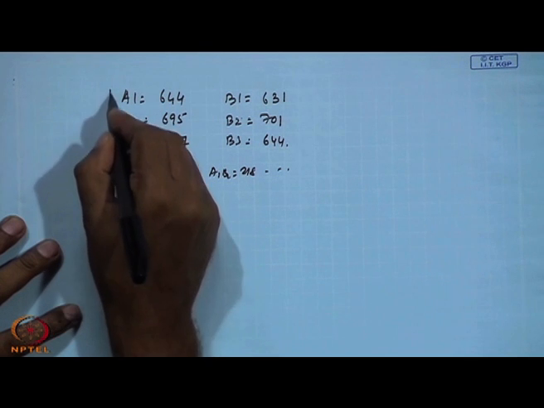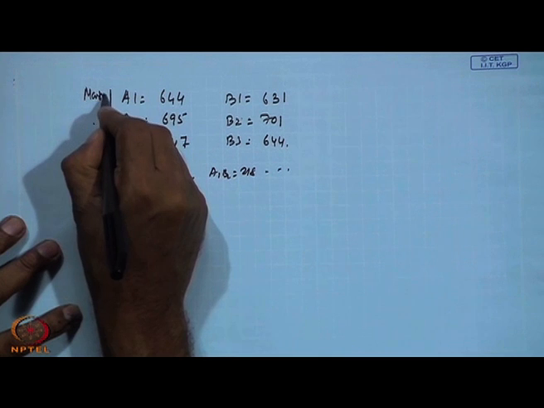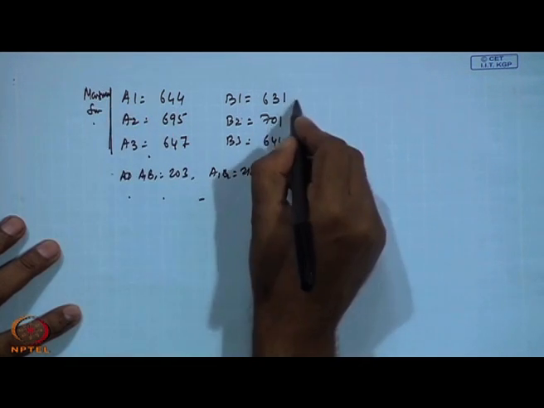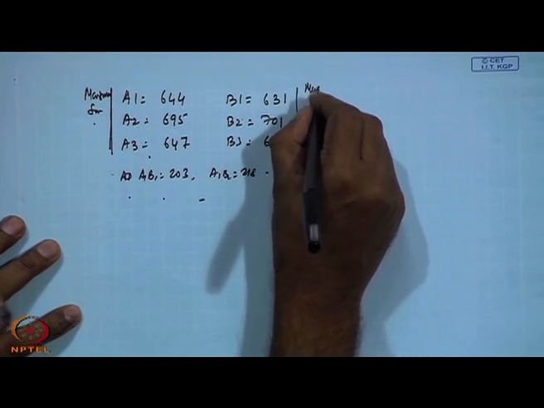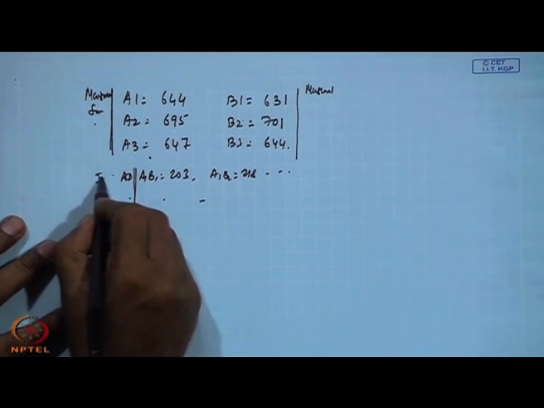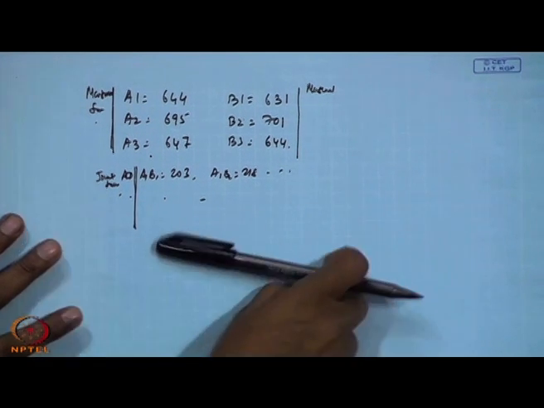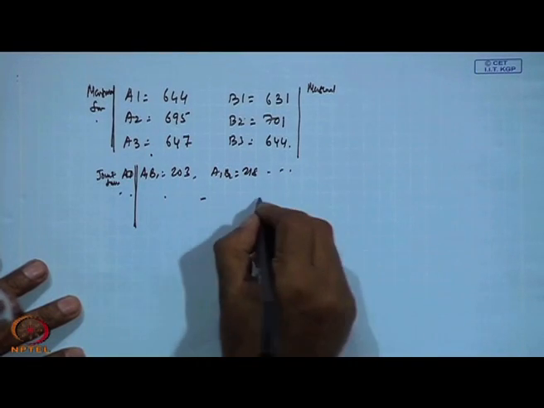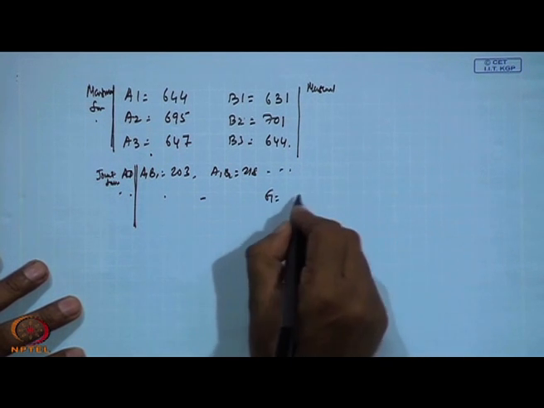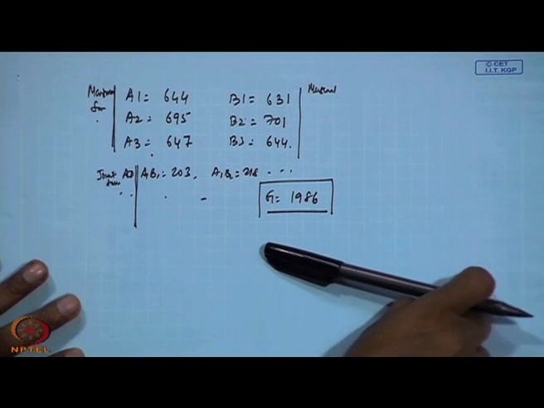So, how many sums are you getting? This is the marginal sum across department, this one is the marginal sum across age group, and then these are basically joint sums. Joint sum means these are the combinations, the sum value of each combination, and then you also require to compute the grand total. In this case our grand total is 1986.